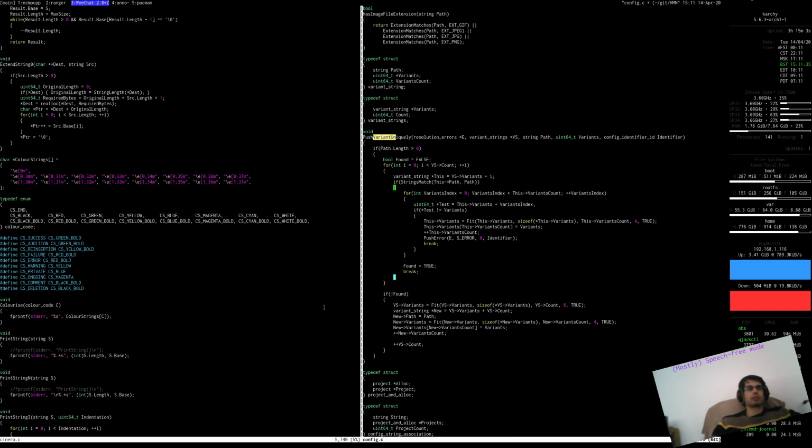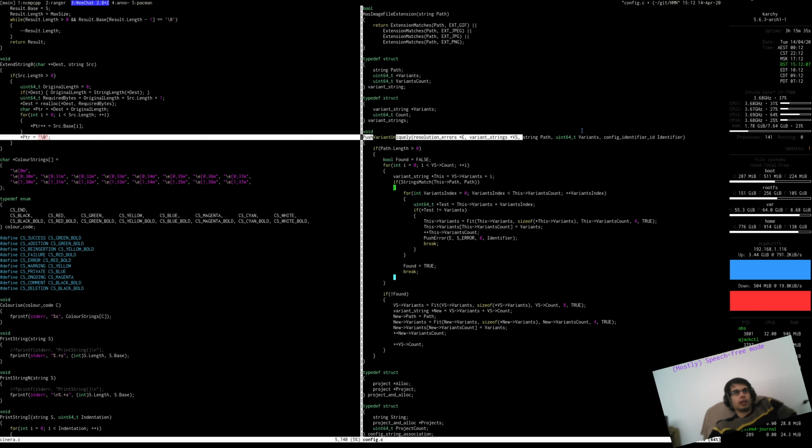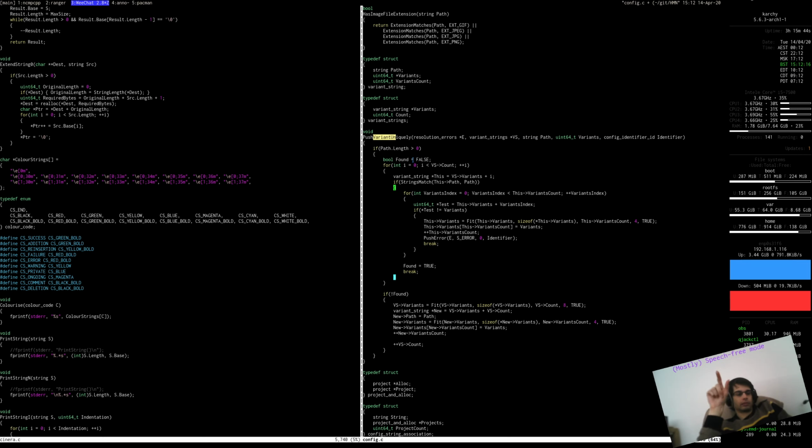So you've got a list of variants. You've got incoming variants which you potentially want to push on. Right, you potentially want to push on a path and a variance. When you're going over each of them,